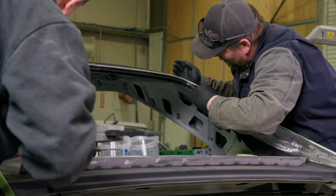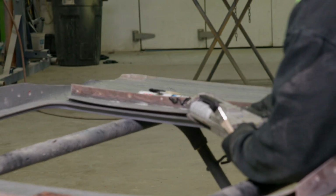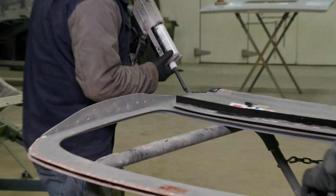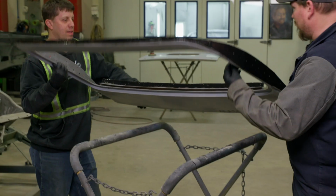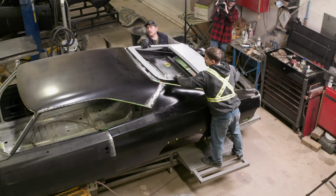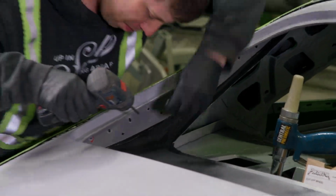Okay, so what Shane's doing now is... Next, we will have to put some panel bond on the plug also, so both surfaces are covered. I'm very excited to get this portion of the car done. Then we can move on to the front, and then it'll start looking like a Daytona. I pre-drilled some screw holes so it will set right in place. Now